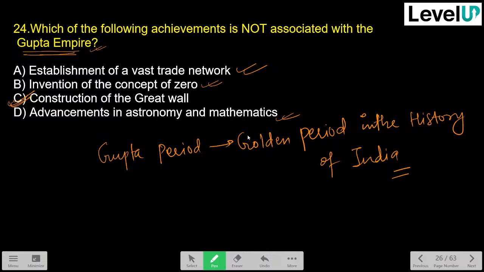Like if you are politically stable, you can do lots of activity inside the country. So political stability is very important. As you can see in China, they are politically very stable. Xi Jinping is there, like he's doing a good job. In India also, you can see lots of construction activities going on right now. So we need a very stable and concrete political party anywhere, it can be BJP, Congress, or any political party, but we need consolidation in that. For these developments, this should be known to us.